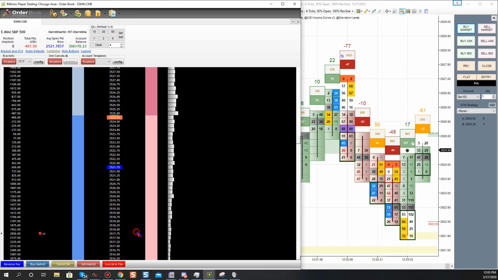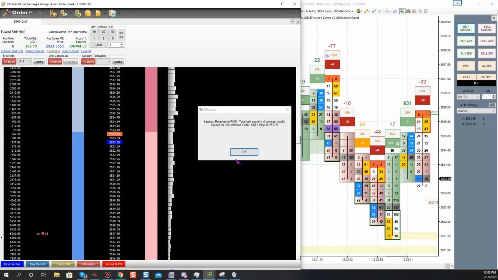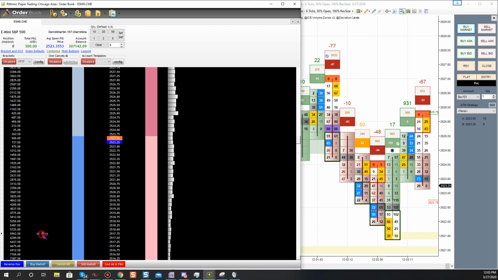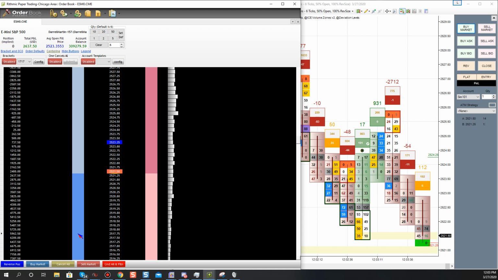This is a buy. If I put it in here, it's a sell. If I put it here, it's a buy. So if you're trying to get the right one, like in that blue area,